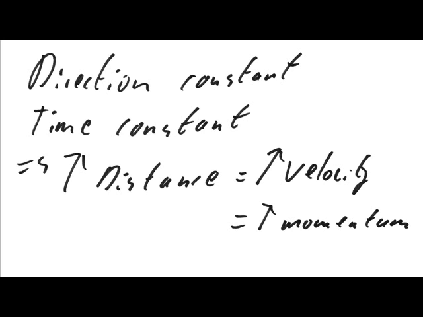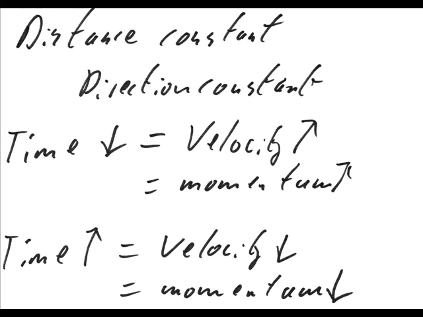If the distance over which the object moves is kept the same, and the direction stays the same, then a decrease in time will cause an increase in velocity. Time and velocity are inversely proportional. This increase in velocity will lead to an increase in momentum. If an object takes less time to travel a set distance, then it is moving quicker, and so has a greater momentum with mass, direction, and distance kept the same. If you take longer to complete the motion, you increase the time, the velocity is decreased, and so is the